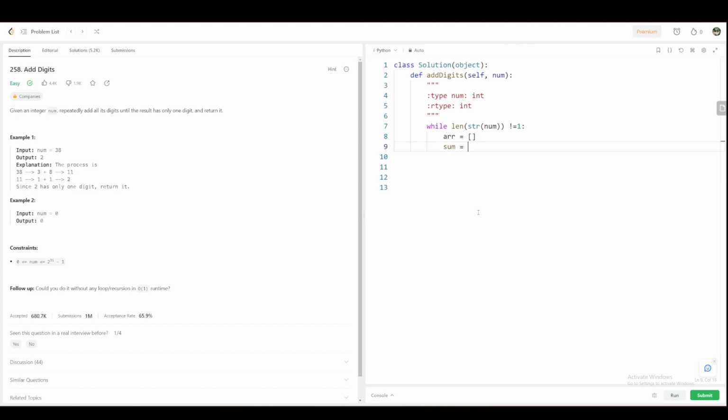And we are going to find the sum to check something. And for i in the string num, we are going to go one by one from each number to another. We are going to append each number to our array, and after we appended all the numbers into our array,